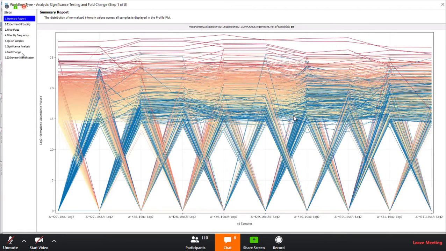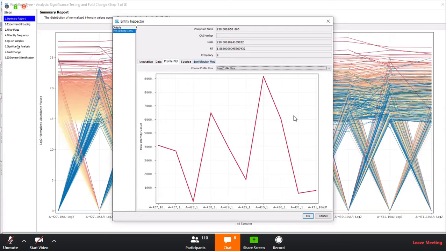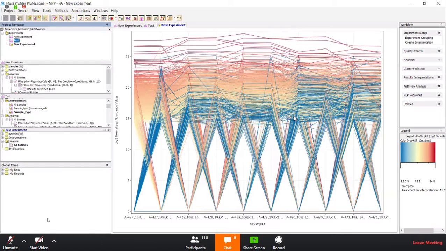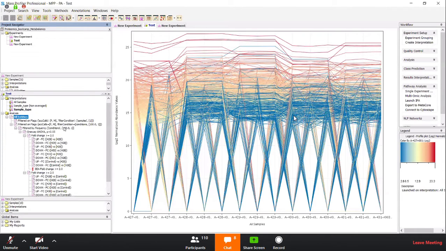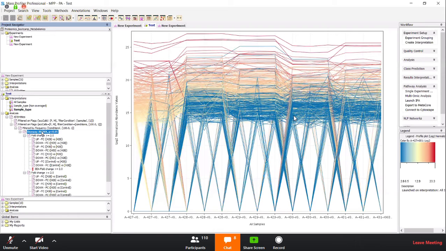So I'll not go into the details. I have already done this analysis. So I'll show you how the data looks for some of the analyzed samples, and then what all you can do with this data. So first and foremost, you can do what is called one-way ANOVA, analysis of variance, so that you get a p-value cutoff for any samples. Then you can do fold change analysis. You can do upregulation, downregulation with a fold change. And a lot of analysis is possible.